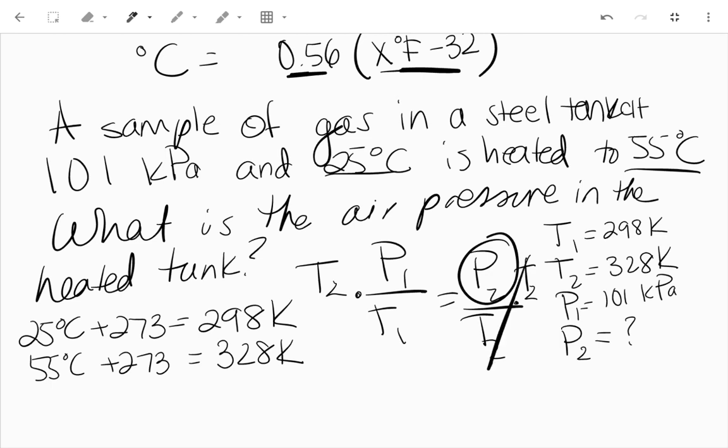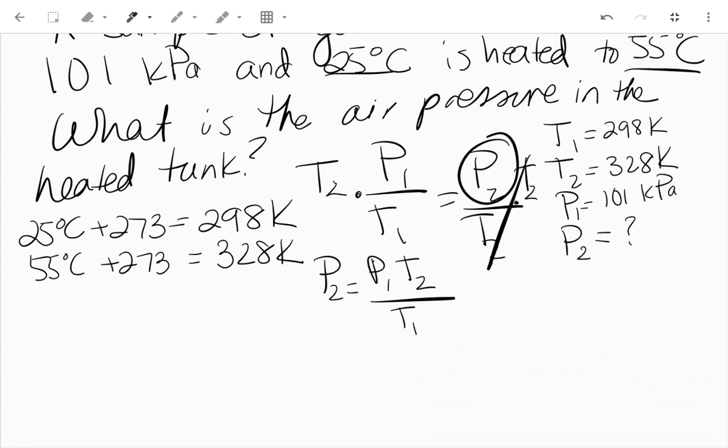So in order to find P2, I must multiply P1 times T2 and divide it by T1. If I substitute that with the numbers that I calculated right here and also gathered from the problem, P2 equals